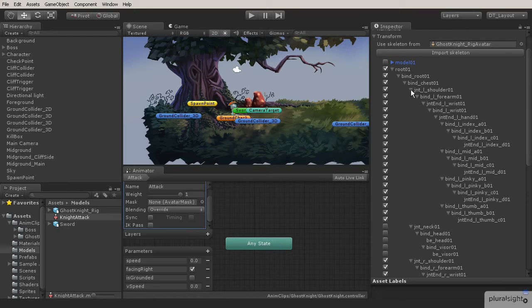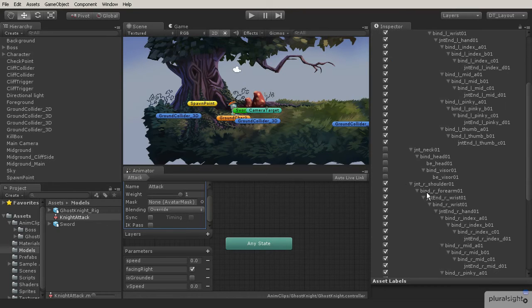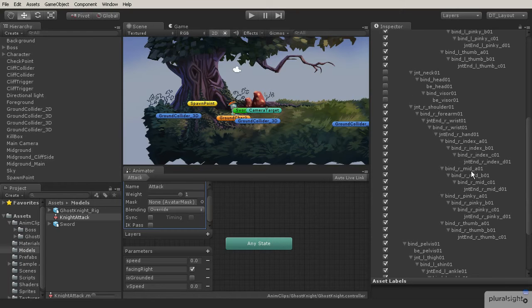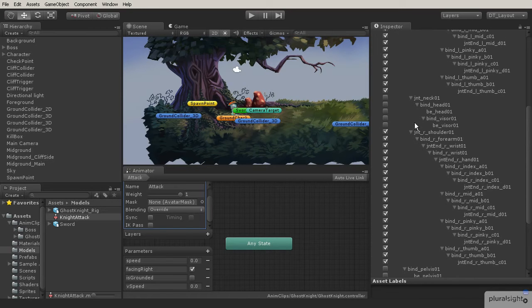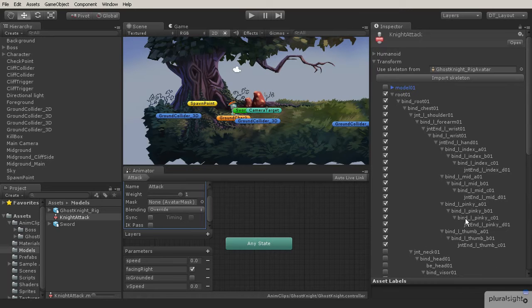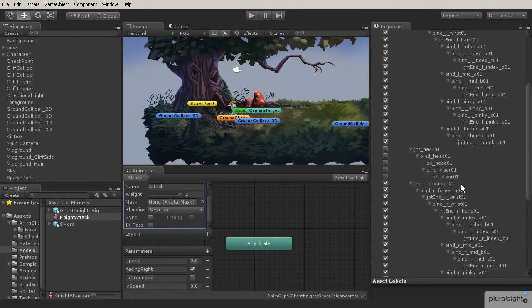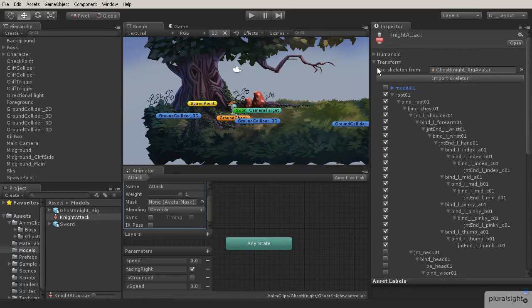Let's take care of, let's override, let's see, we'll override the left shoulder, everything in that, and then also the right shoulder, everything down from there. Now this is going to be all of the fingers, that's fine. We don't want to override the pelvis and everything below that. So we're going to leave the legs and the thighs alone. Okay. So just the right shoulder on down and the left shoulder on down. Okay. So once that has been set up, all we have to do is collapse that,